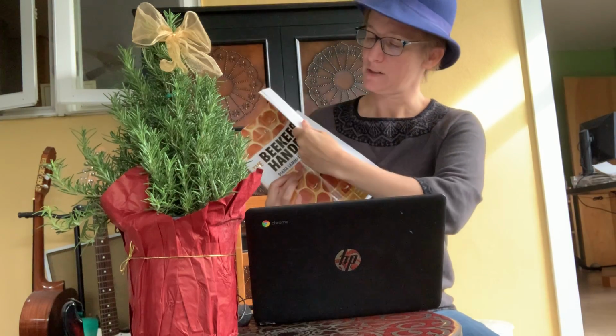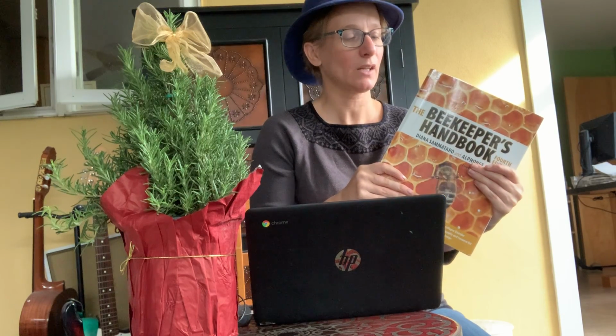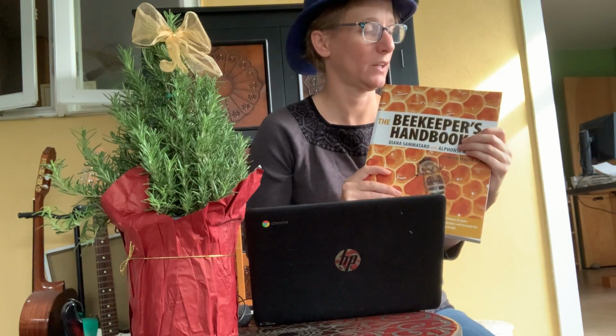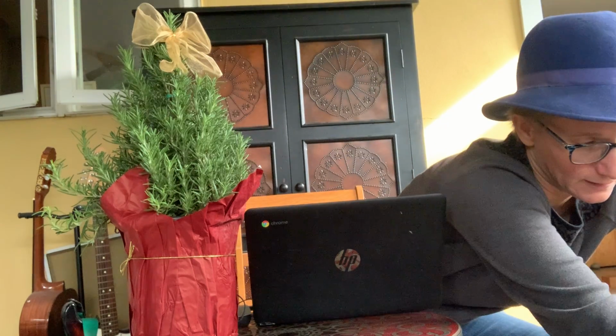Anyhow, this is a great book. It was my first beekeeping book. It has lots of really good diagrams in it, and a lot of basic information about bees and how they work, and also about beekeeping. Now, it is a fairly robust read. It's not a real short form thing, which is good news, bad news. I find that there's so much information in here that even years later, I'm still referring back to this book sometimes to check things and remind myself of information. But if you're somebody who really doesn't like to read that much, this is maybe not the book for you. And in your case, I would recommend instead